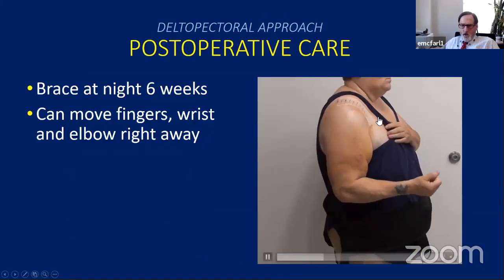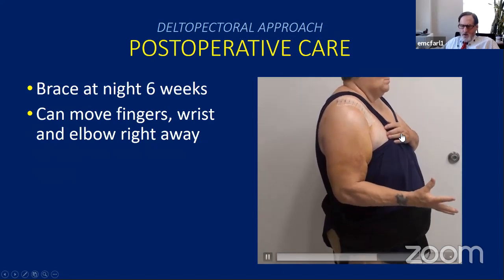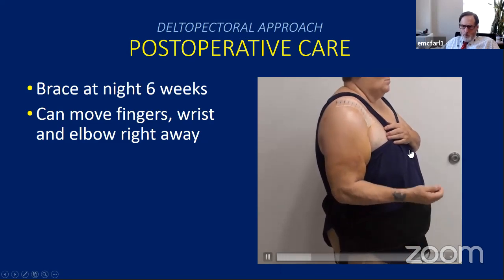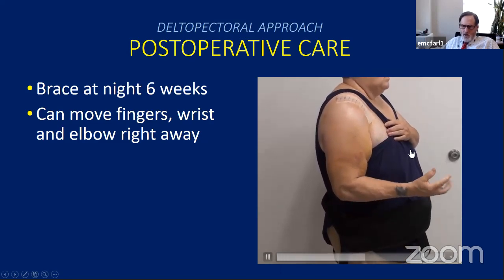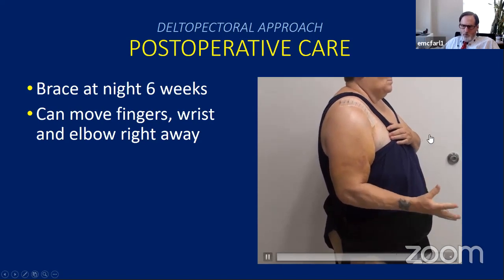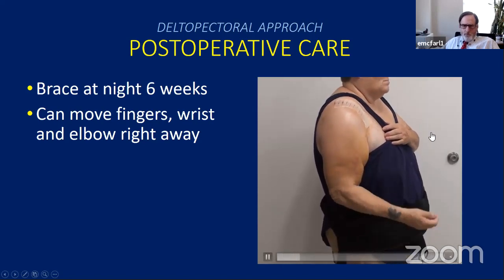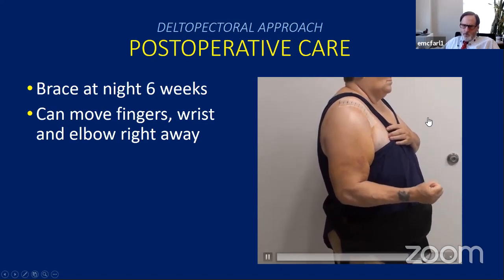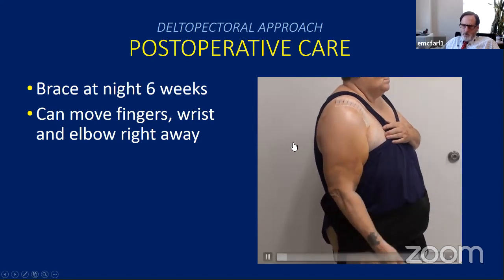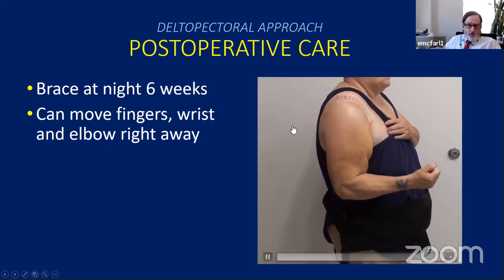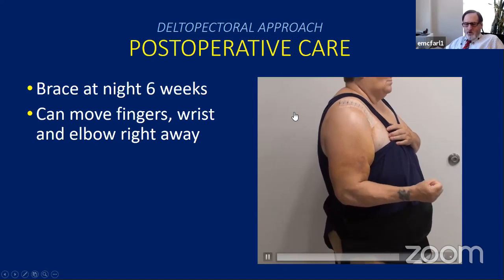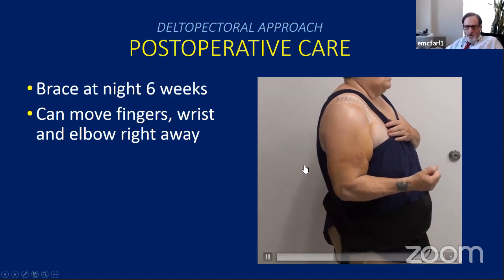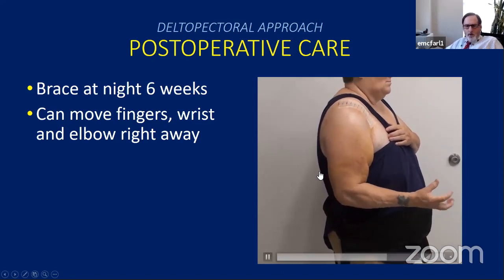As far as postoperative care, I let patients start moving their hands the next day so they can do finger, wrist, and elbow motion. We want them to use their lower extremity and their upper extremity as much as they can early on. So we let them use a computer within 2 to 3 days. We let them feed themselves within 3 to 5 days. We start pendulums right away. And all that's because the system is usually put in very snug. And the second is you don't have to, most of the time, worry about subscapularis failure like you do with a total shoulder arthroplasty. But even then, we let them start moving their finger, wrist, and elbow right away.